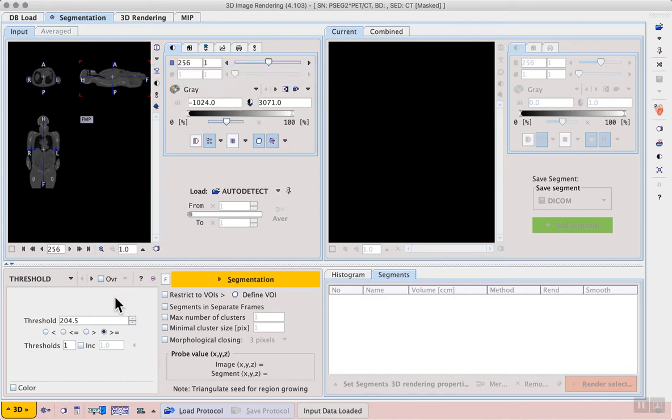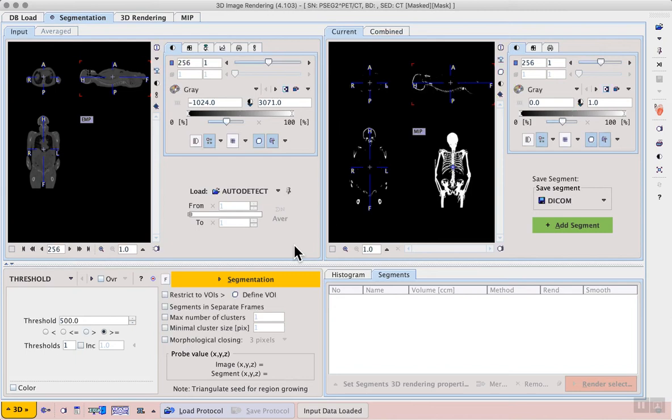And to start with a surface rendering of the skeleton, this will be a similar process to the last exercise. I can use the simple threshold-based segmentation method, enter my threshold of 500 Hounsfield units, and then run the segmentation. And as before, we see the segmentation result in the top right on the Current tab, and the MIP reveals an overview of what that segment looks like. I can then add that segment to the list for rendering